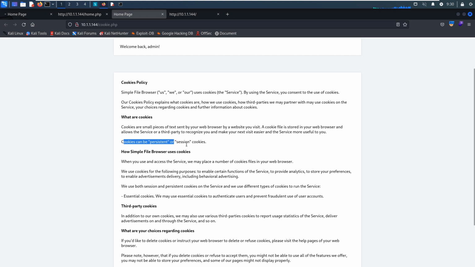Cookie can be persistent, so maybe this page is just telling us we need to poison the session file.